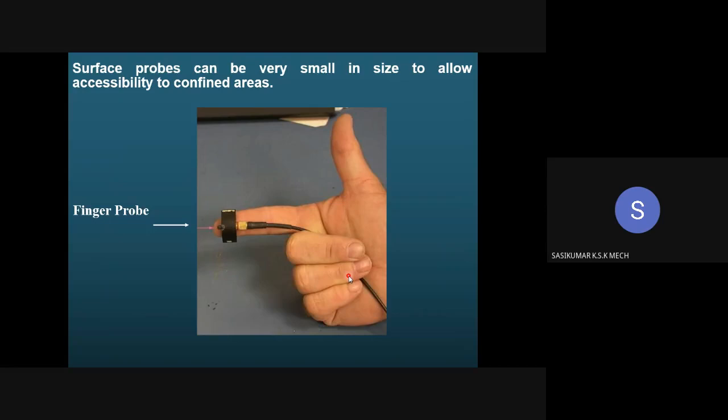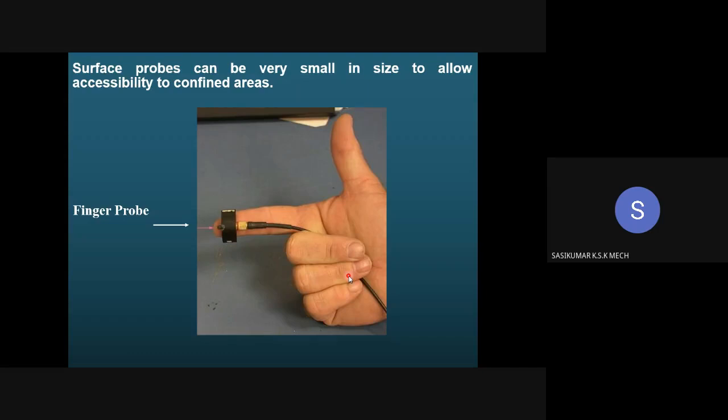In some cases you cannot send a bigger or lengthier probe, so you use a small probe. One such kind is the finger probe. Wherever you want to test, you can move the finger probe there and get information on cracks from that area.